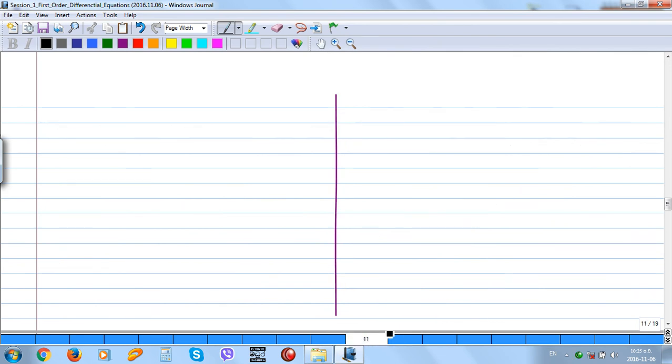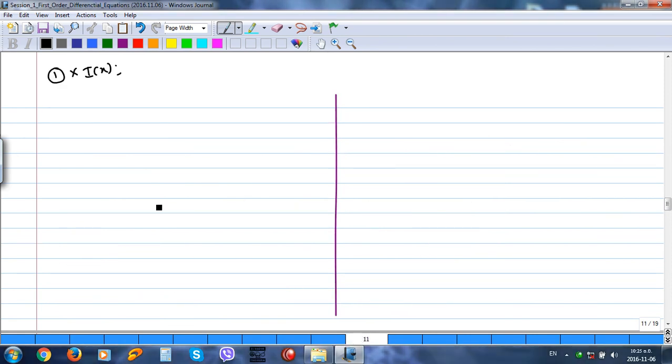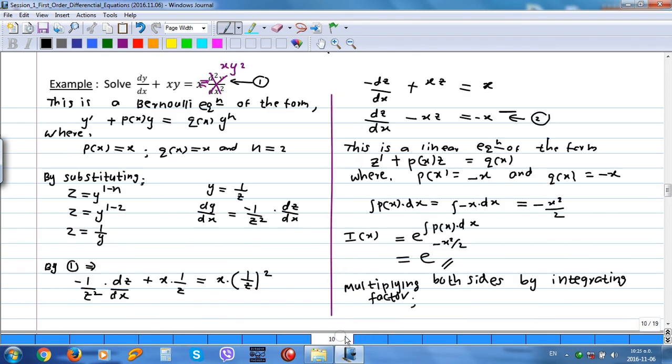So it means the first equation multiplied by I of x. What is our first equation? Dy, y dash, I'm writing the first equation there, then it is easy. y dash plus xy,